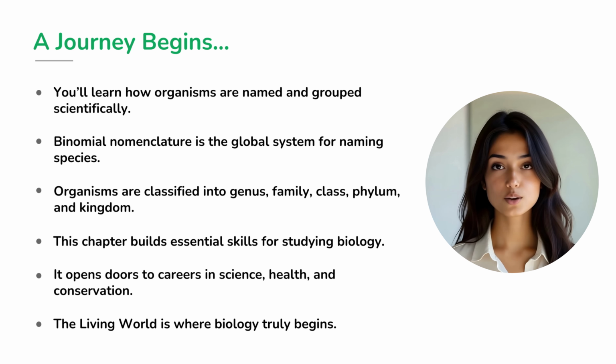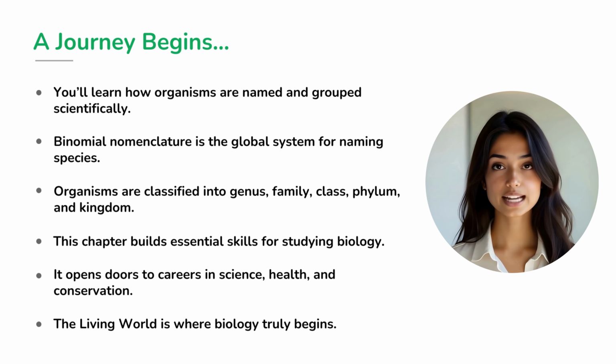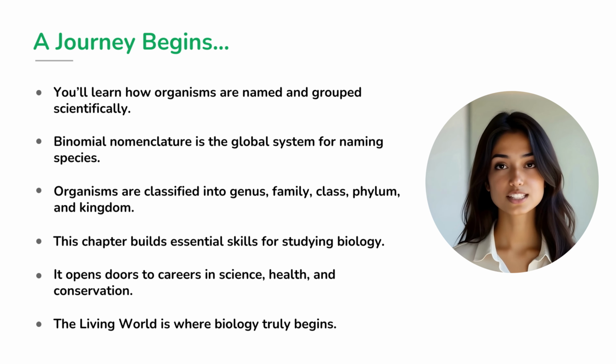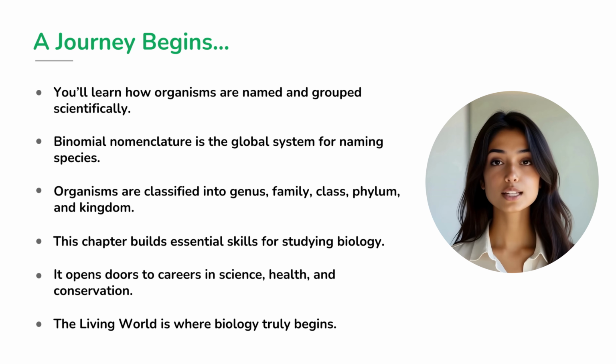In the chapters ahead, we'll uncover how living beings are named, grouped, and understood using the scientific lens of classification. You'll learn about binomial nomenclature, the globally accepted system for naming species, and explore how organisms are placed into categories like genus, family, class, phylum, and kingdom. Whether you see yourself as a future doctor, researcher, conservationist, or curious learner, this is where your biological journey begins. The living world is your gateway to understanding life, its complexity, its connections, and its common language. And it all starts right here,